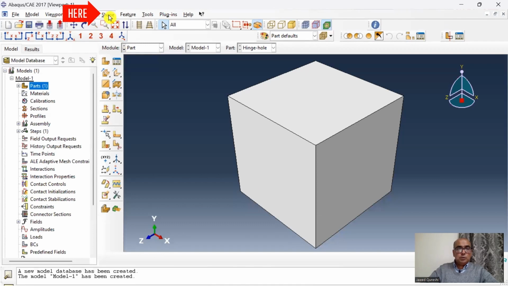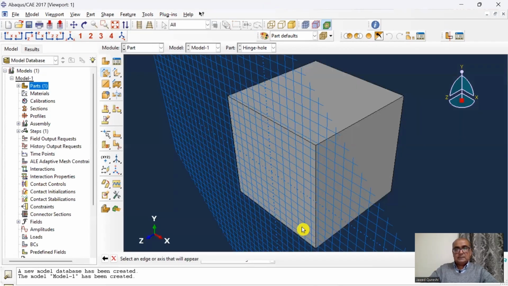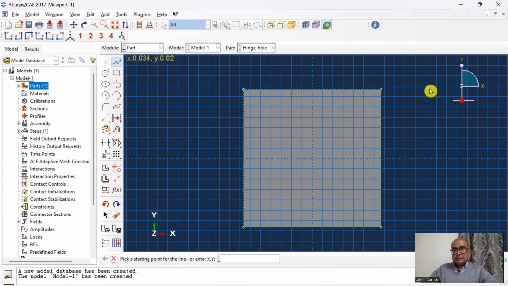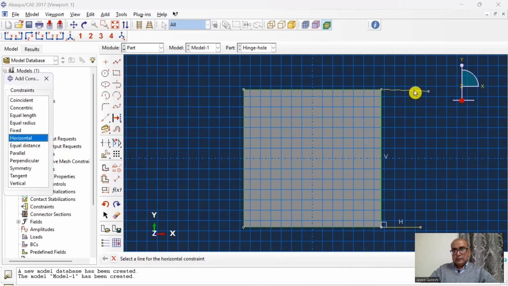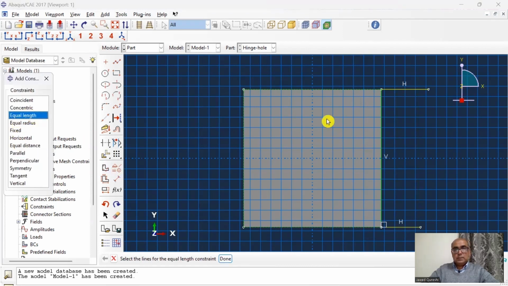For adding the flange, go to shape, extrude, click on this surface and click on this line as the right side. I will start from here and create any line. Click here, and then click here and click here. Then I have to assign horizontal constraint to these two lines. Click on constraint, horizontal, and click, this is already horizontal, and then I will assign equal length constraint. Click on constraint, equal length, press shift key, click on this line, click on this line, you have equal length